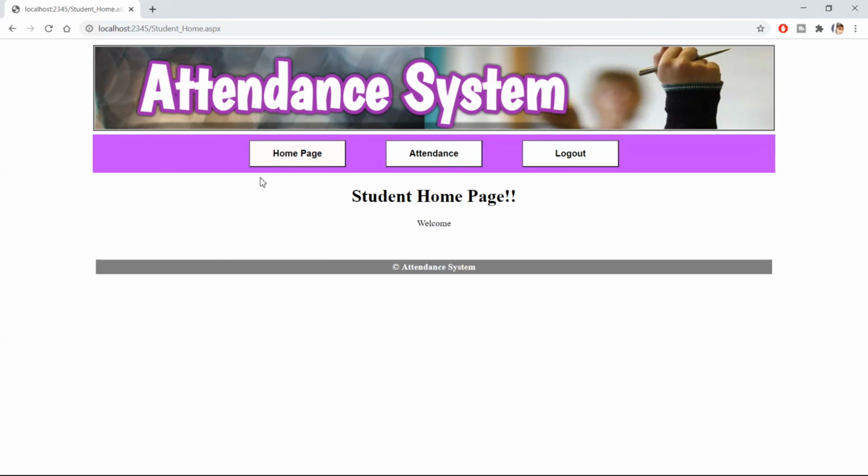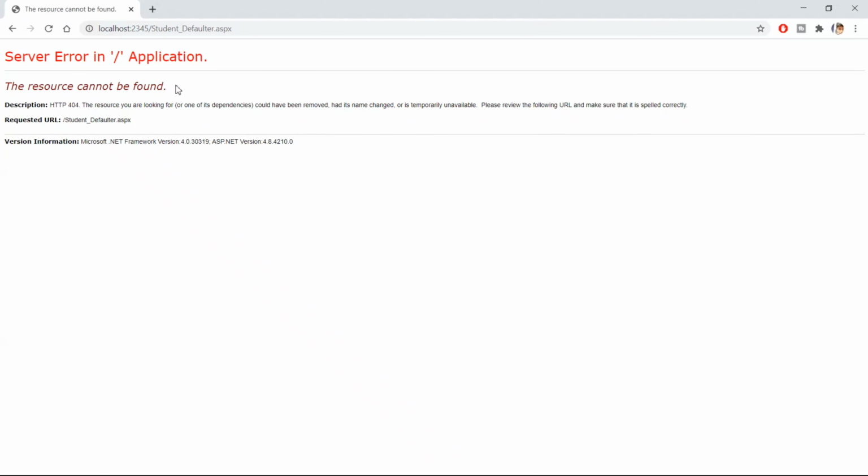So this is how our student home page is going to look, and the master page that we have created for the student looks like this, where we have taken three buttons, that is student home, attendance and logout. So we are right now in the student home page, that is this one. If we click on attendance, we have not created any page, so it will say the resource cannot be found.